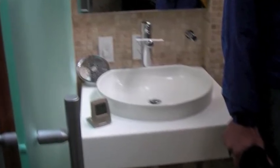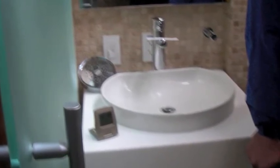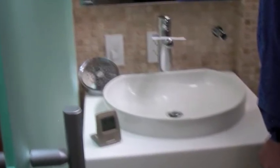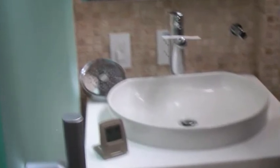Well, we have low flow fixtures. We have a dual flush toilet. We tried to use materials that are impervious to water throughout, so you'll see that we're tiled all the way to the ceiling. We have natural lighting, and even on a day like today when it's a little bit cloudy, we have, I think, plenty of sunlight in here,